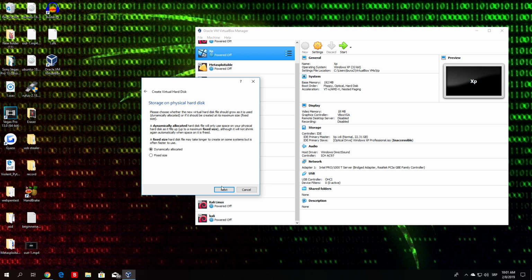But right now I will just click on dynamically allocated and click on next. So here it asks us for the size of our hard disk, which is preset with 8 GB. The recommended size is at least 8 GB. I will put here around 30 GB for this virtual machine, but around 15 or 20 will be more than